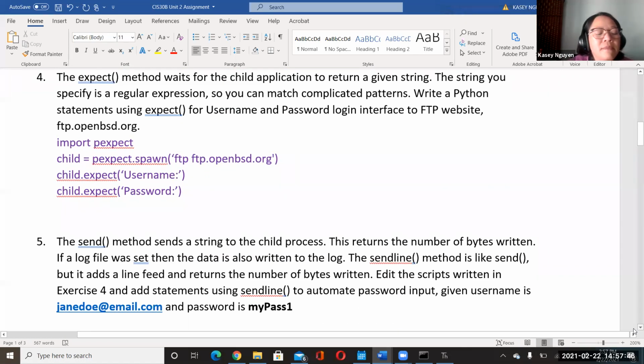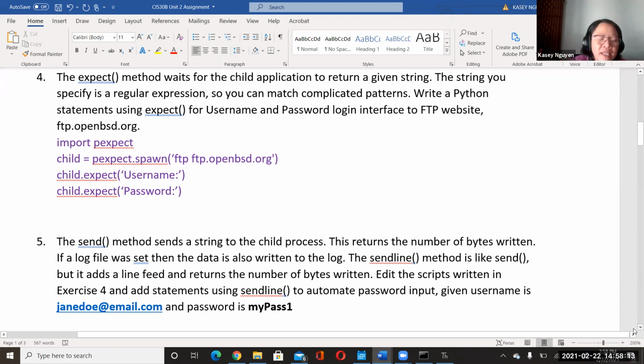So we would use the send method. It says the send method sends a string to the child process. This returns the number of bytes that's written. So you're not going to see the actual string, because the built-in method only gives you the size of that storage, the bytes.